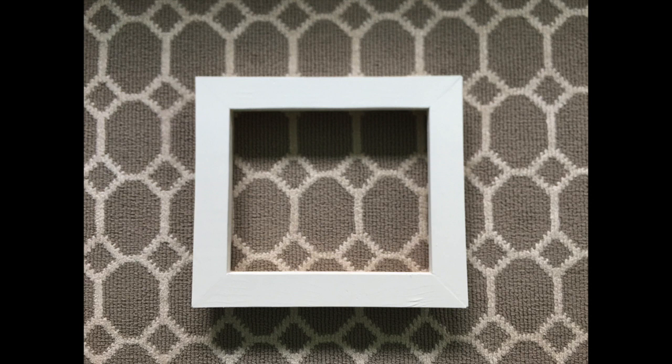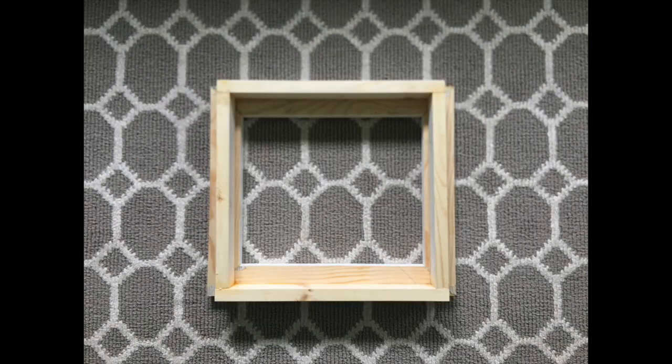A few days later, I used wood putty to fill the cracks of the mirror to create a more uniform look. Later, I spray painted the frame white, layering a thin layer on each side of the frame and waiting a few minutes before putting on the next. My next step is designing the back of the frame to hold the monitor, mirror, camera, and Raspberry Pi in